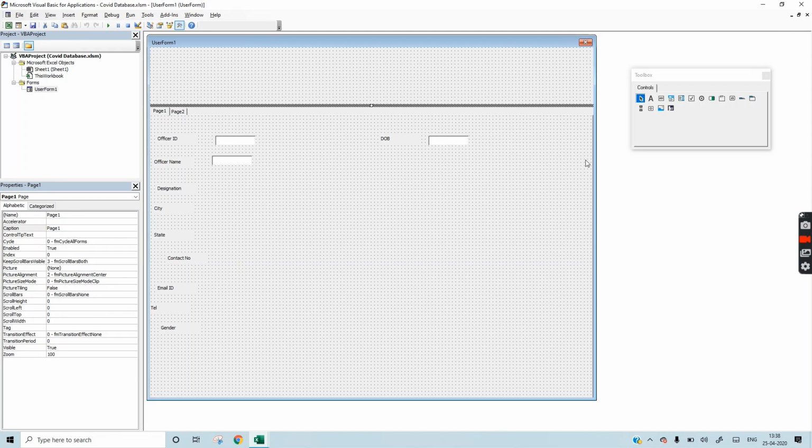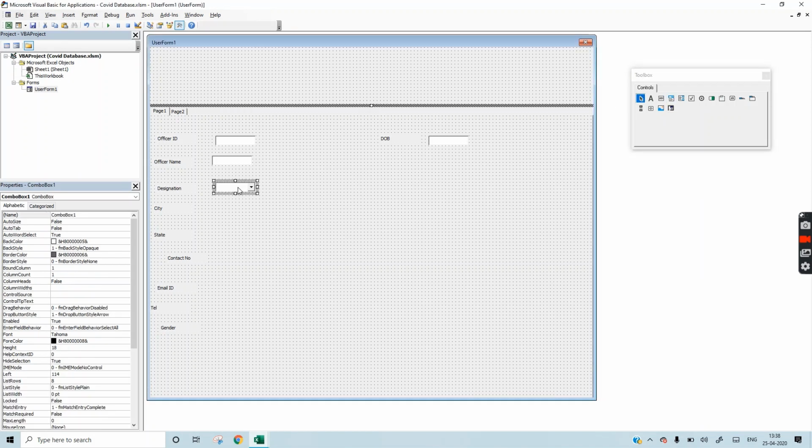In designation, select this combo box. A combo box is used when we have to select one option from four. In this, designation will be grade 1, grade 2, grade 3 or grade 4. So we have to select it from here only. It cannot be anything other than that. In a text box, any text or numerical data can be filled.